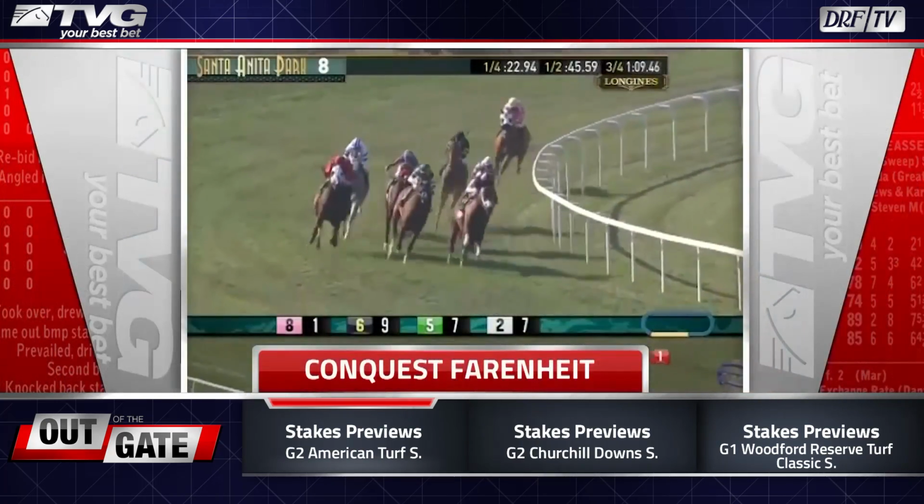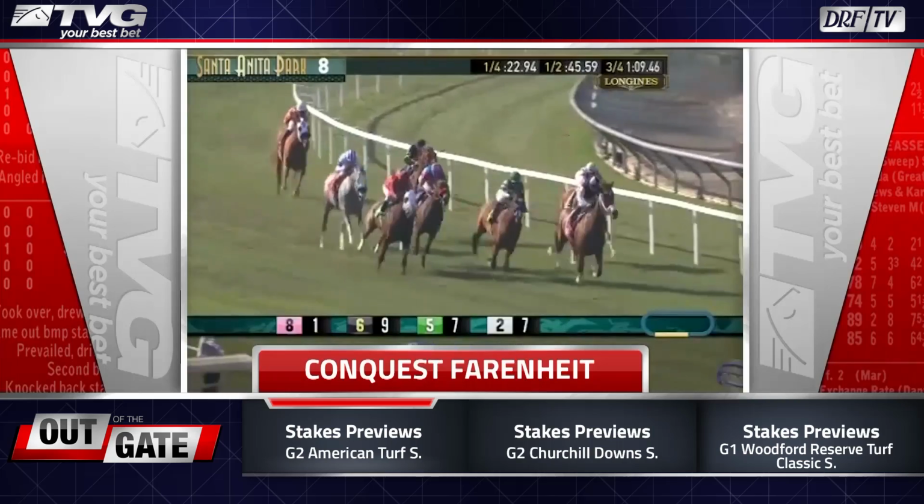I mean, he's a pretty nice horse. I do not like him in this race. From Southern California comes Conquest Fahrenheit, who is no match for Good Samaritan up at Woodbine last year, but it appears that these new connections, they bought him during the Conquest Dispersal last November at Keeneland, have gotten him figured out. Let's watch his most recent performance in the Pasadena Stakes, where he basically controlled this race from start to